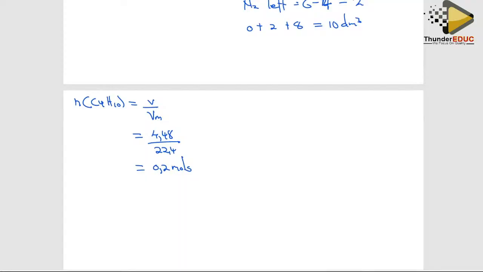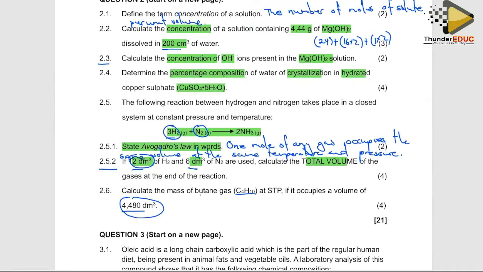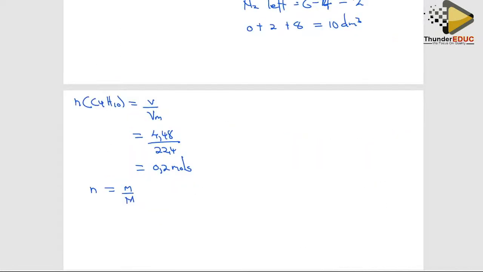Then after that, I'm going to say the number of moles is equivalent to m all over M, right? So m all over M. What are we looking for there? It means the other one is going to be our C4H10, right? Calculate the mass of butane gas that is occupied at STP if it occupies a volume of that, right? So the mass that I'm actually looking for is equivalent to m, right? So the number of moles calculated at the top there is going to be 0.2 all